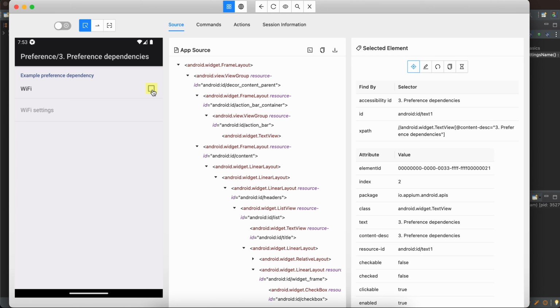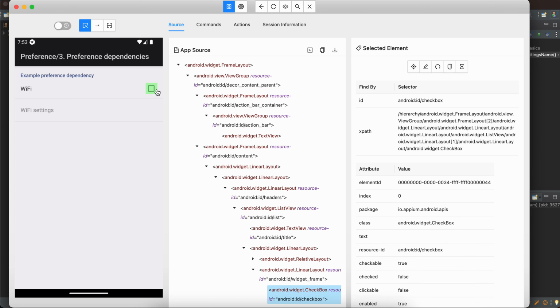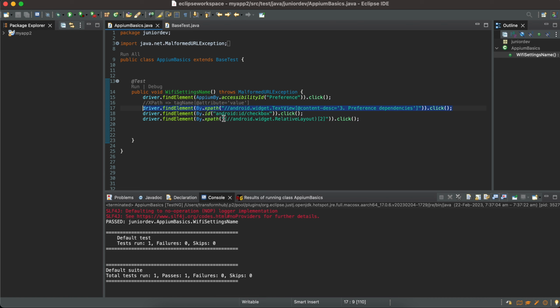Now I want to click on this checkbox, and I can use the ID or the XPath for this particular checkbox. So I am using ID in this case, so by.id. I want to show you the different ways you can call a particular element, and then you have to click, dot click. So this will check the checkbox. Next, last is